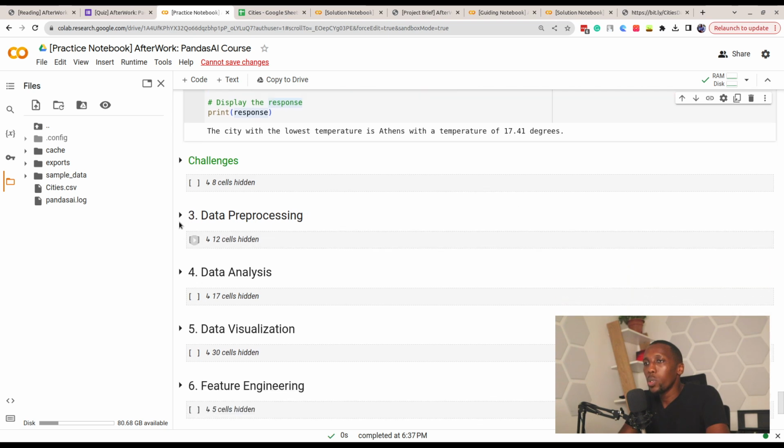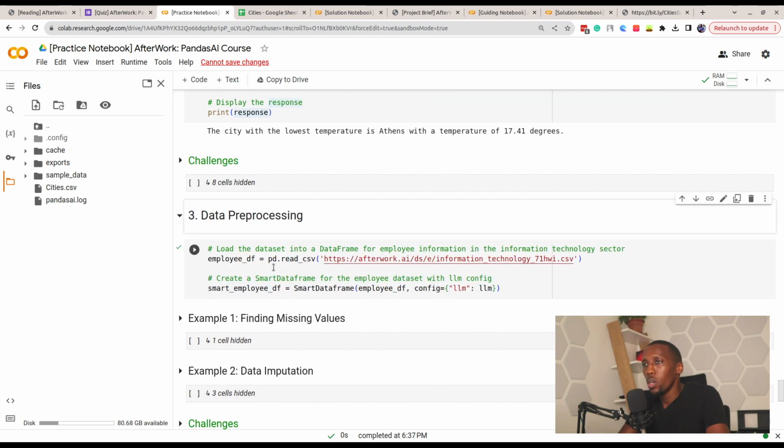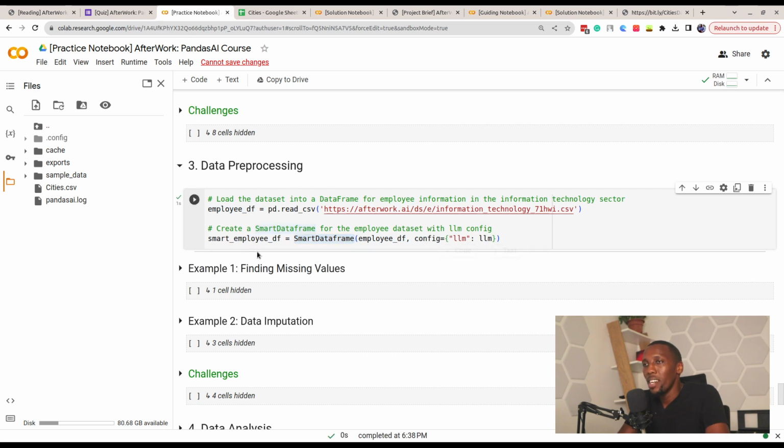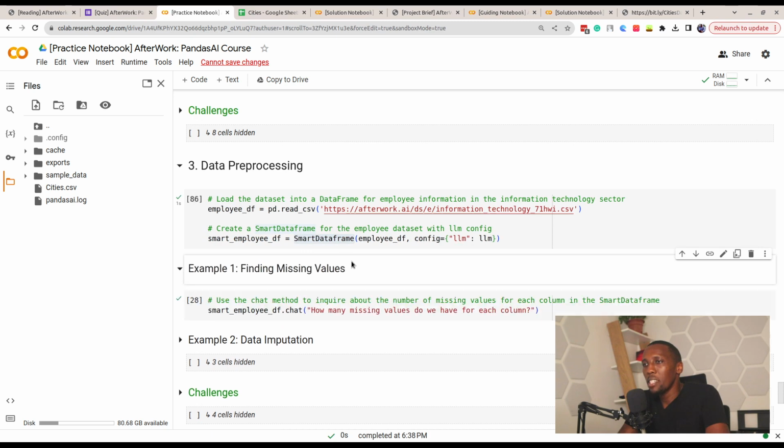The next thing that we can do is data pre-processing. So we can prepare our data or just perform data cleaning generally using, again, PandasAI. The first thing that we will do is load this data set that contains some employee data. We use the smart data frame. We create a smart data frame to be able to work with this data with PandasAI. That's what we have done. And then we can find missing values. So ask,